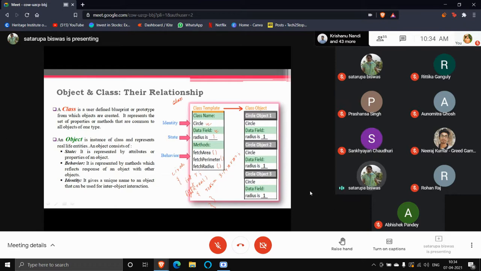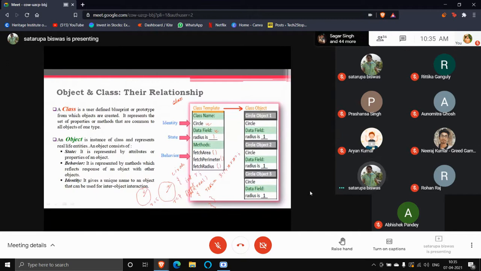When the prototype actually exists, then you have to put proper values for the variables. So, one circle with a radius of 5 centimeters, and another circle with a radius of 7 centimeters. Here the r value will be 5, here the r value will be 7.